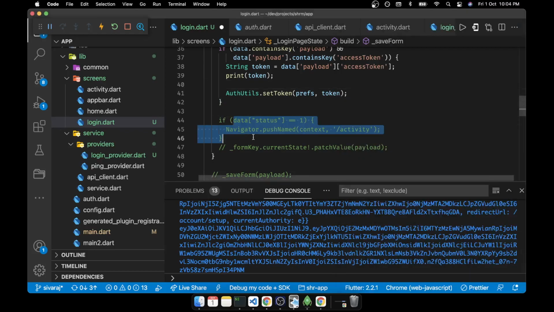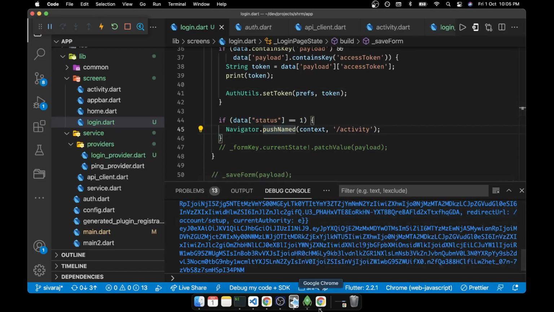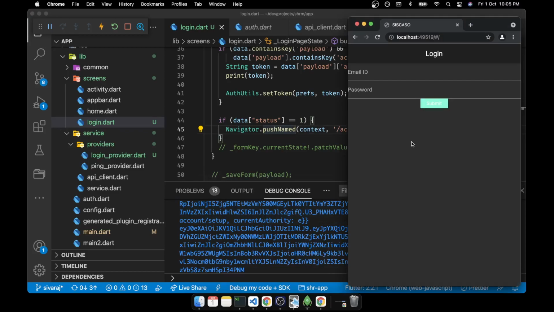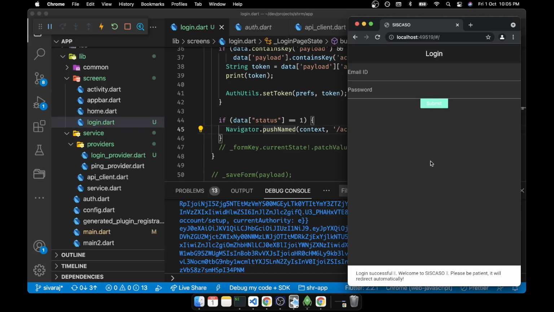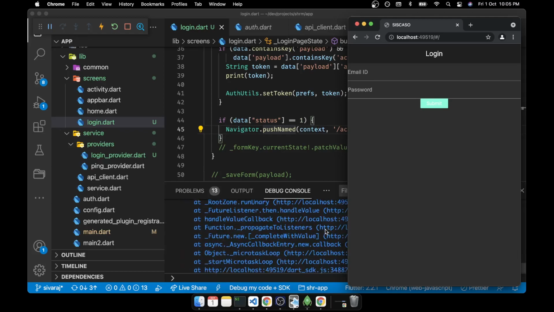So now the status is 1. It has to redirect to the activity page. Successful. Now it means that there is some error. We'll see.